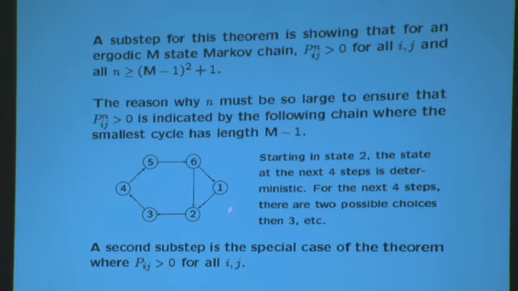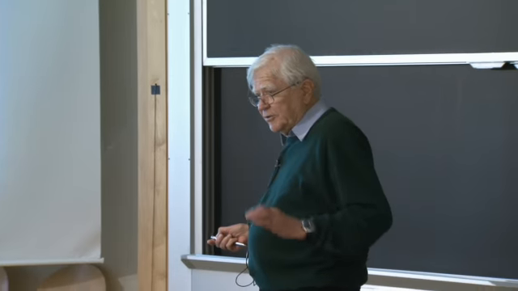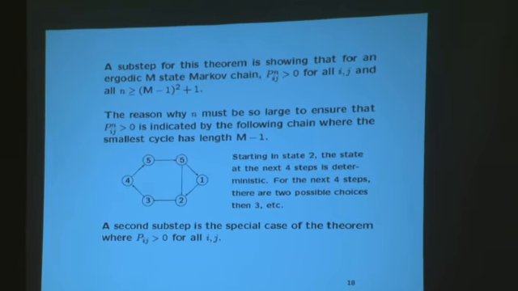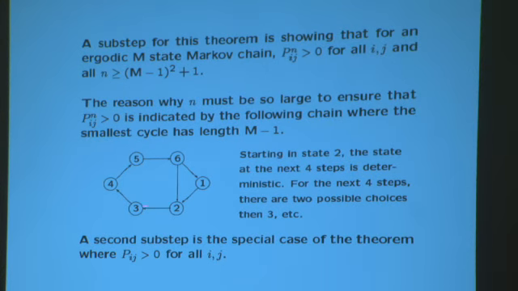You looked at this particular kind of Markov chain in the homework, and I hope what you found out from it was that if you start, say, in state 2, then at the next time you have to be in 3, next time you have to be in 4, you have to be in 5, you have to be in 6. In other words, the size of the set that you can be in after one step is just 1. One possible state here, one possible state here, one possible state here. The next step, you're in either 1 or 2, and as you travel around, the size